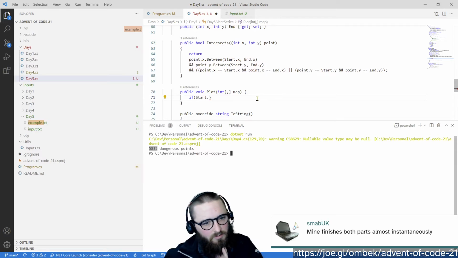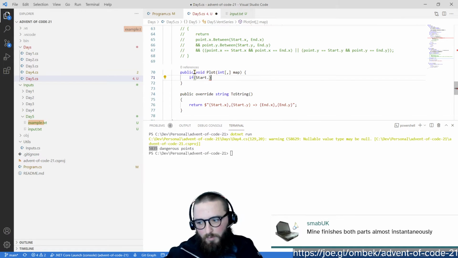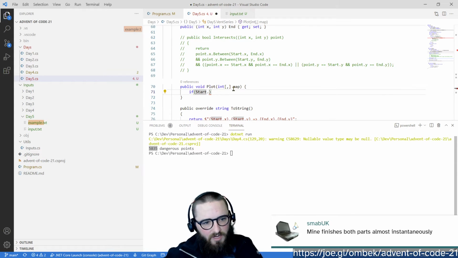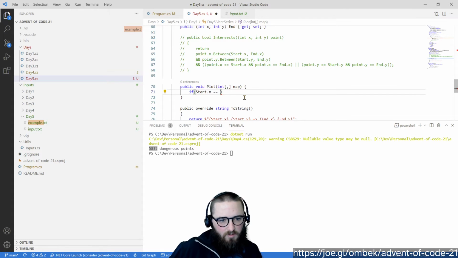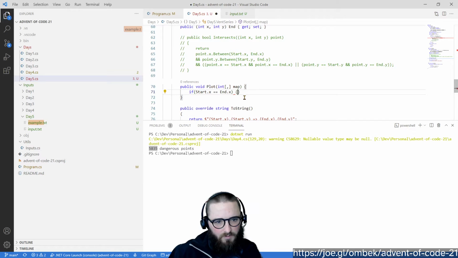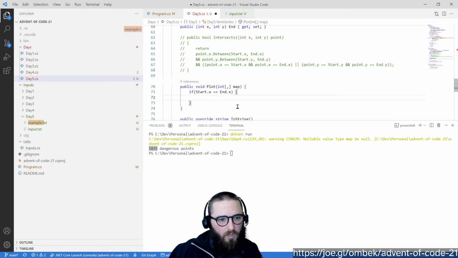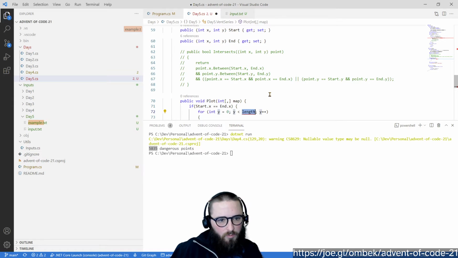Okay, yeah. So I need to rewrite the logic anyway. So let's rewrite it as a plot. I'm going to rewrite it to check that this still works with the 5835. So I'm just going to do this as the 90 degrees only for now. End.x. Then we're going to want to loop through the numbers of y, for y equals end dot